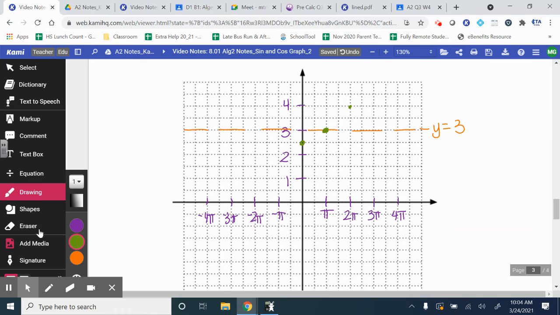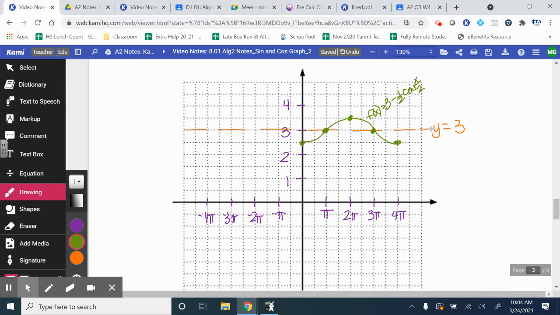So, to go high, my amplitude is 1/2, so I would go half a box, or in this case, a full box, because that's 3.5 and then 4 above. Then at 3 pi, I'm back at the midline, and then at 4 pi, I'm going to be at my minimum, which in this case is 2.5. So that is one cycle of my curve f of x equals, and I label with the original equation,